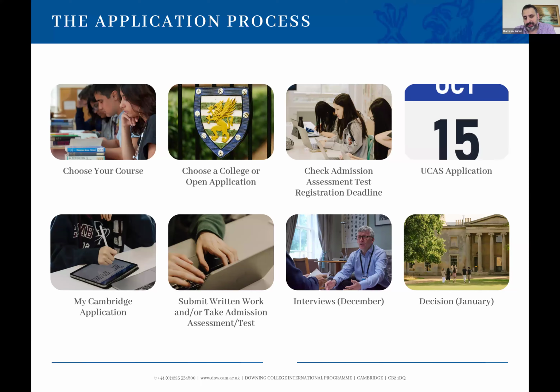Once we've received your application, we ask you to fill out a further questionnaire, which is known as My Cambridge Application. And this is us gathering more information. I've visited Turkey a few times now, and when I've spoken to students, many of the students are doing your high school diploma, the national curriculum in Turkey, but are combining it with AP curriculum or IB curriculum or the A-level curriculum. What we want to know in your My Cambridge application is, what are you studying right now?